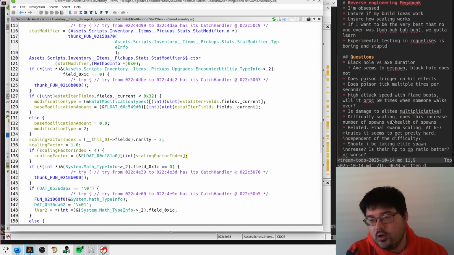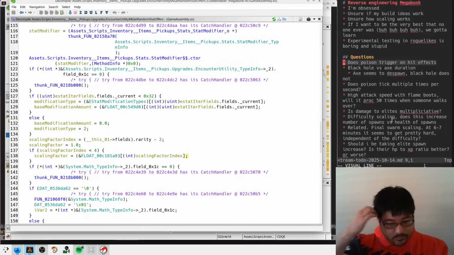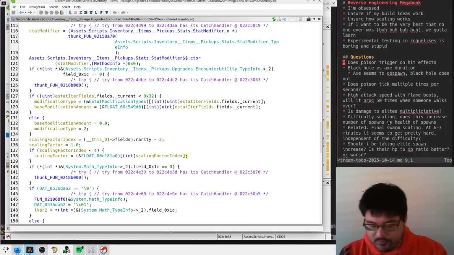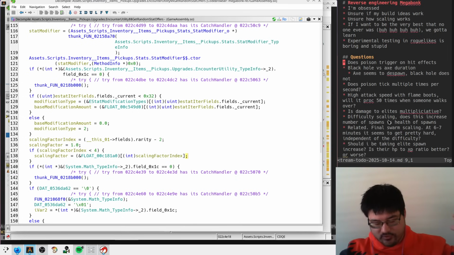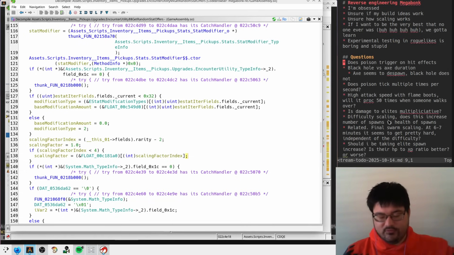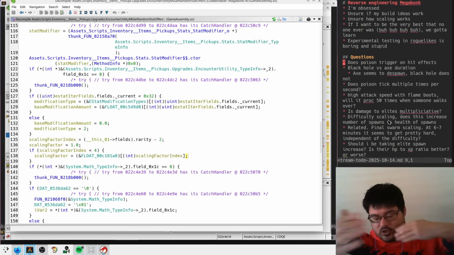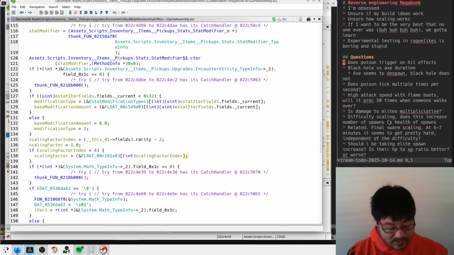Does poison trigger on-hit effects is the most important thing for me to answer in terms of the build I wanted to do. I wanted to do a build where I drop a bunch of poison on guys and stack the duration of the poison, and then hopefully the poison ticks a lot over time. If I throw a lot of poison at someone, and it ticks many times per second, if all of the poisons do not turn into one big poison application, but all tick individually, and they all trigger